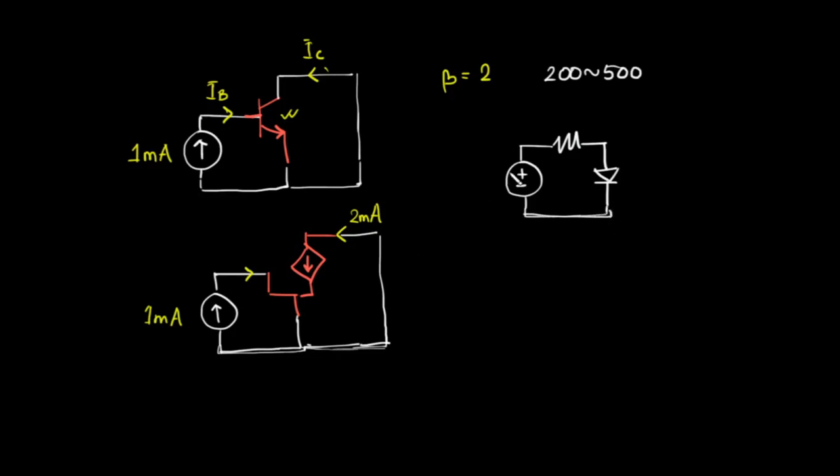If I apply some voltage here, suppose 5 volt or something, and I connect a voltmeter across these two terminals, what voltage will I see? What will be the voltage across the diode? If this is a real diode, then we can consider the constant voltage drop model of the diode, or the voltage source model. For real diodes, we will usually see a voltage of about 0.6 volt across the diode.